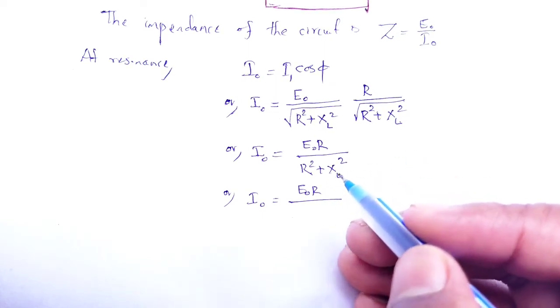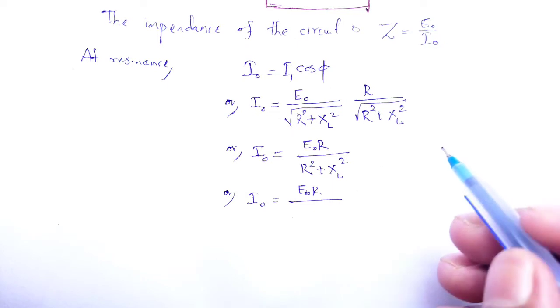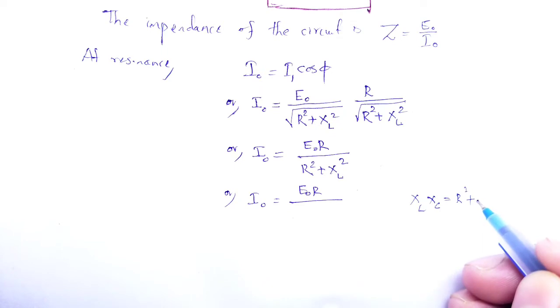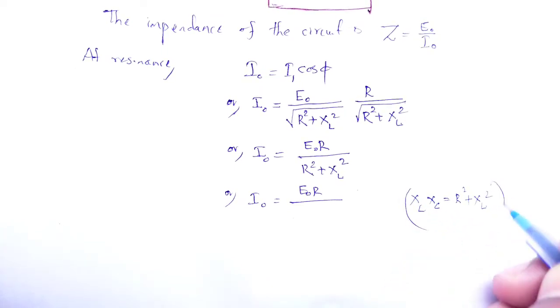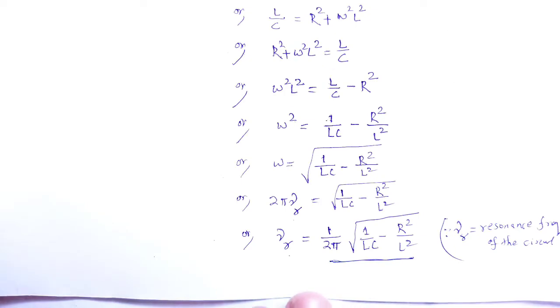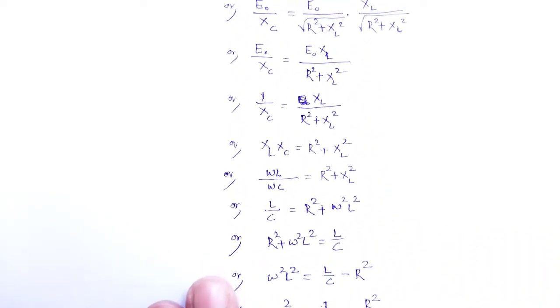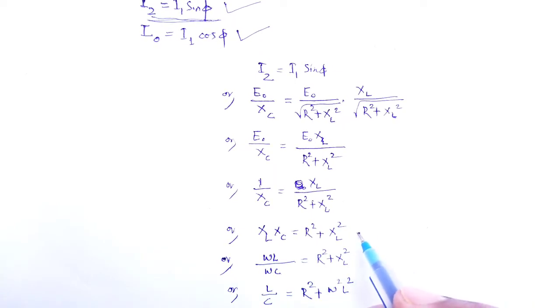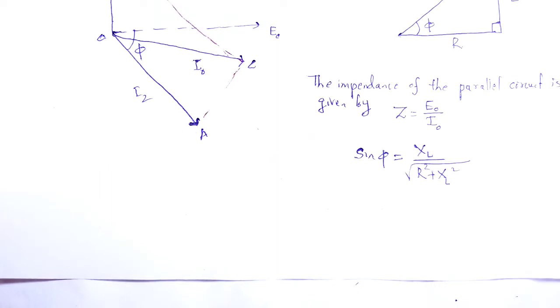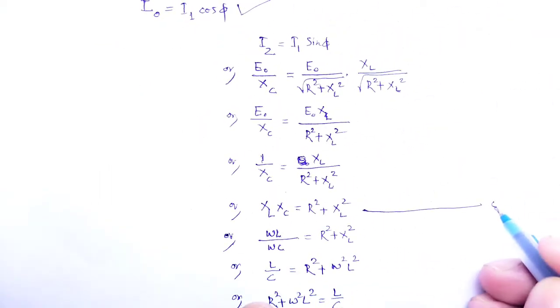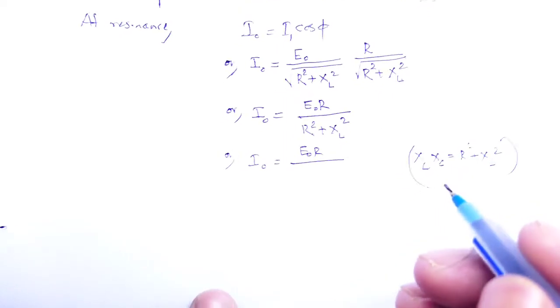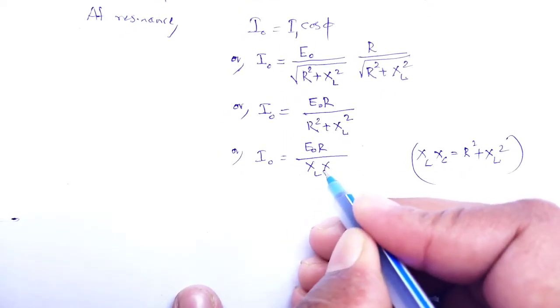Here XL into XC is equal to R square plus XL square, as we derived in that particular equation. Look here, that is the equation, let it be equation number 5: XL XC is equal to R square plus XL square,